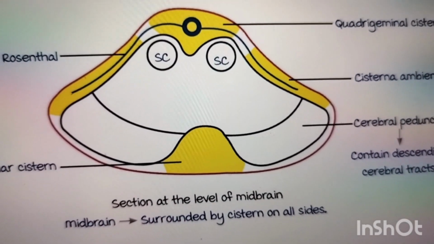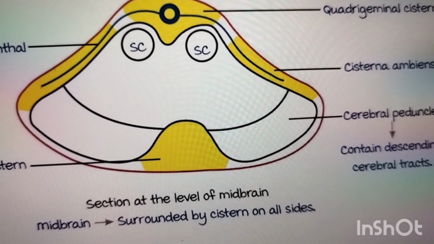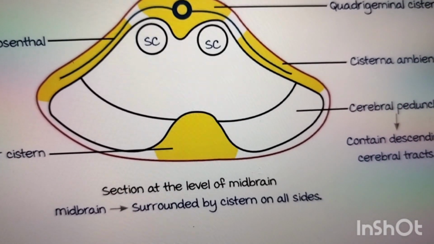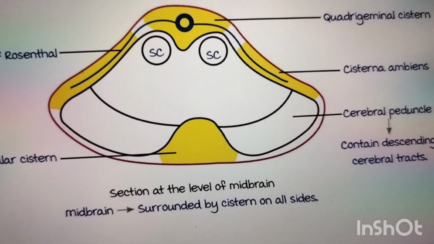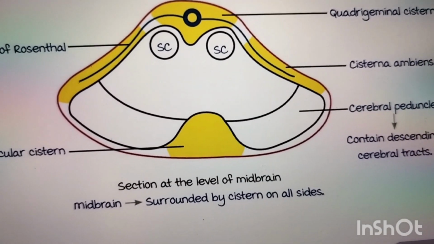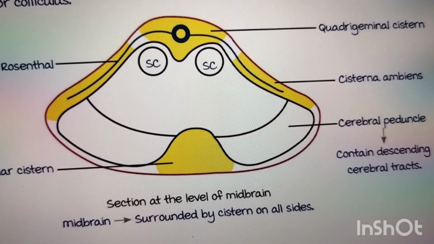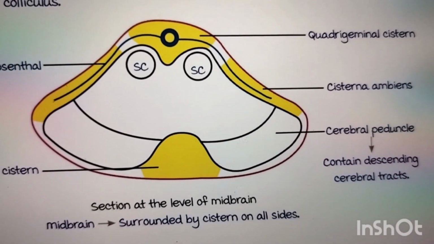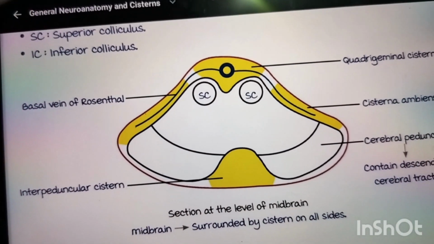So why are we calling it the cerebral peduncle? Because the tracts from the cerebrum are passing through this part of the midbrain. That is why they are called cerebral peduncle. The corticonuclear tract and the corticospinal tract pass through this part. So this yellow part, you are seeing